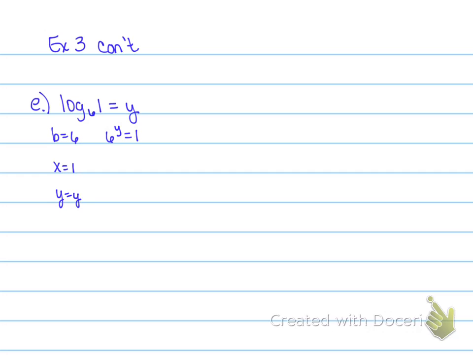Well, 6 and 1, I can't get like bases, but this is one of those you just really need to know. I don't know any other way to explain it than you're just going to have to memorize it. Because what exponent can anything be raised to that our answer is always 1? Anytime the answer is 1, your exponent has to be a 0. And finally,